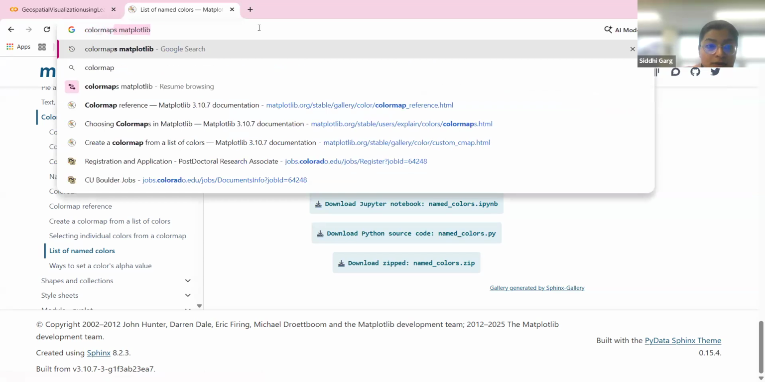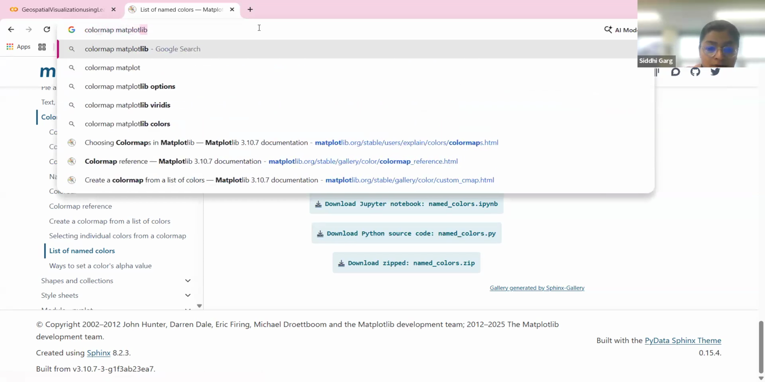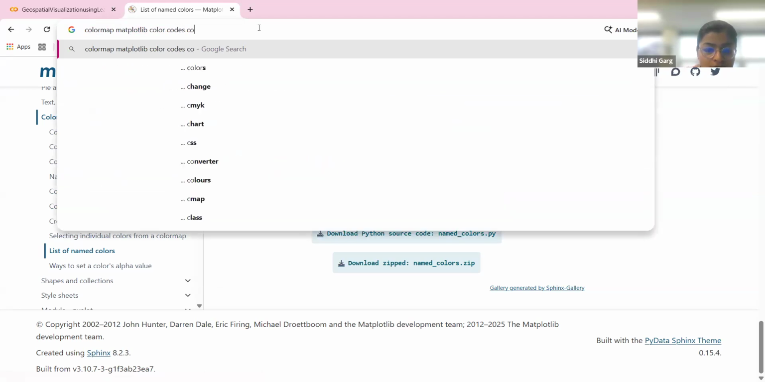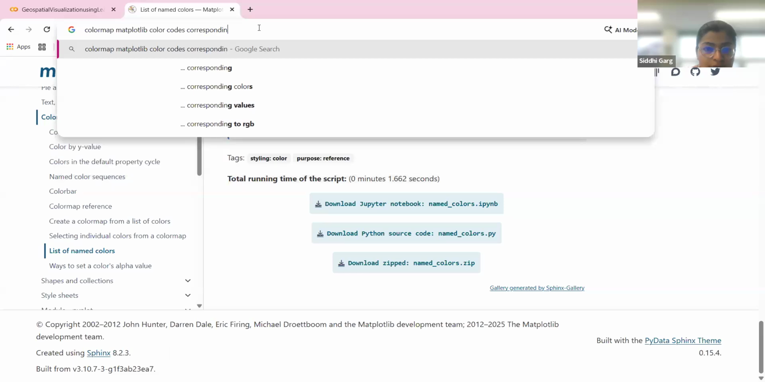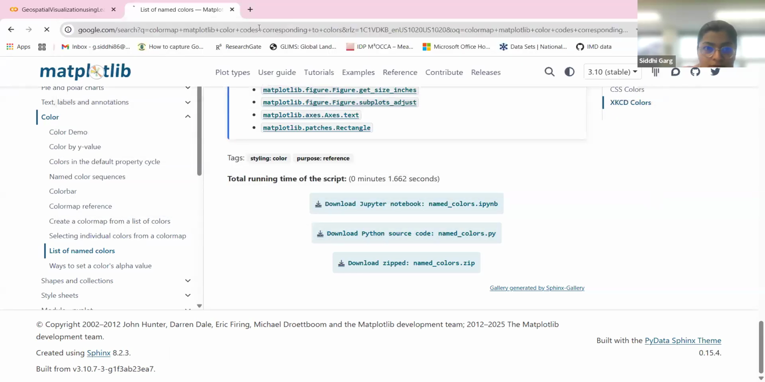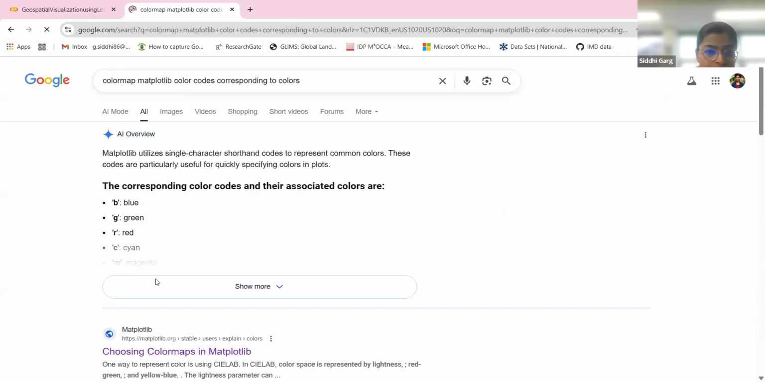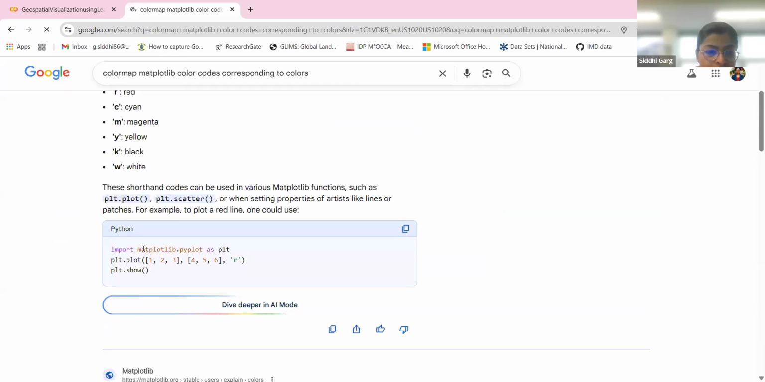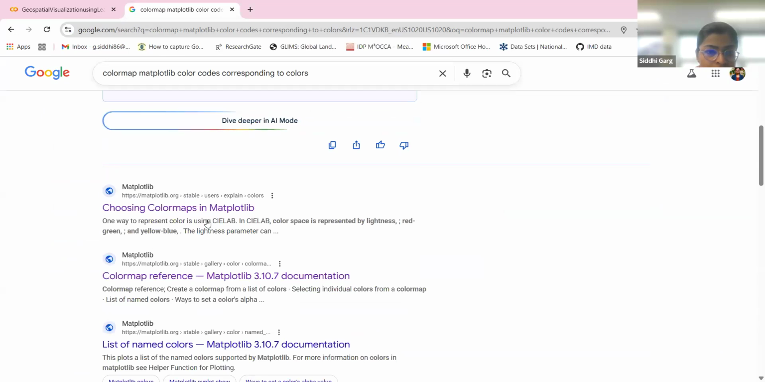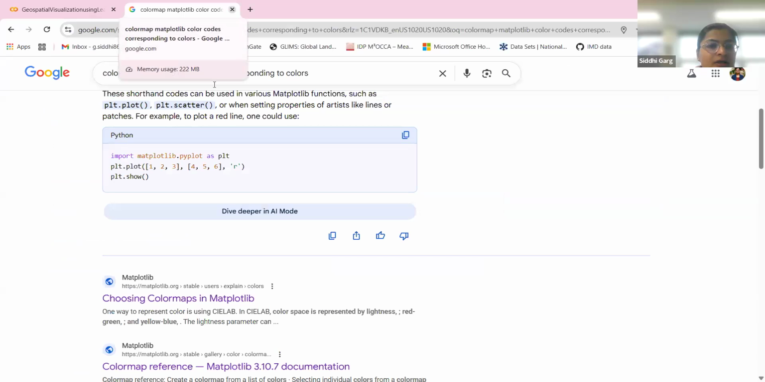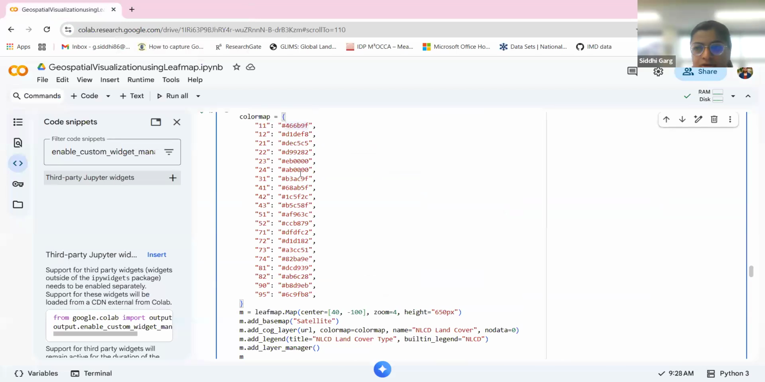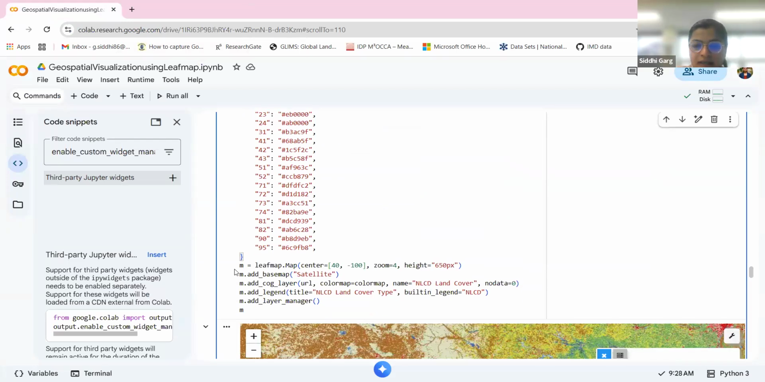Color codes corresponding to colors. So I'll share that documentation after this, if I found what these colors would represent certain colors, and I can